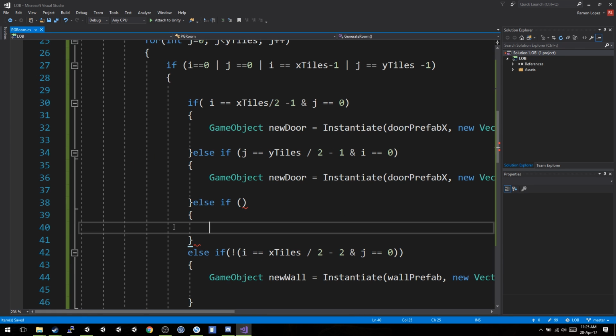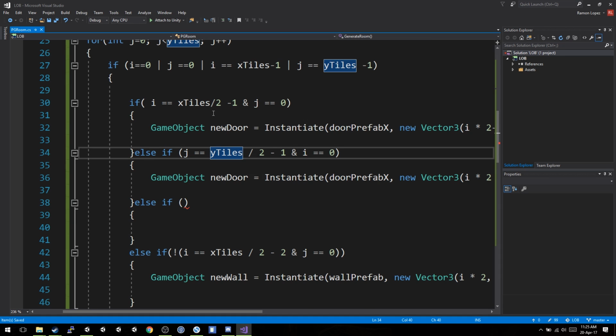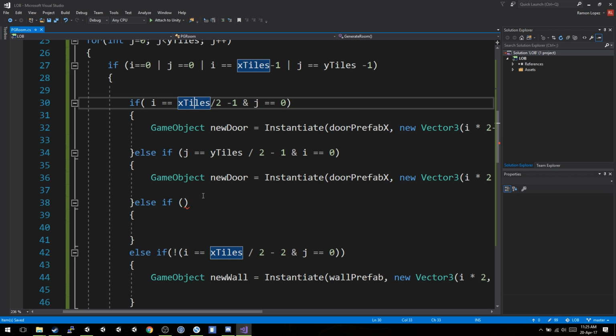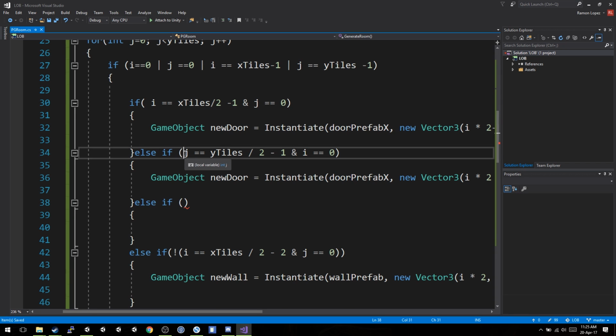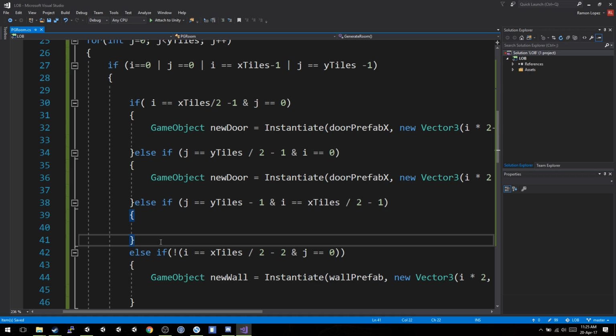Another else if, and this was on the center of the left wall, right? Yeah, the left wall and the center of the bottom wall. So now we're gonna do the top wall, which is y tiles. When this is equal to y tiles -1, and this is equal to this, which means it's in the center, but it's in the top wall. And then we do else if